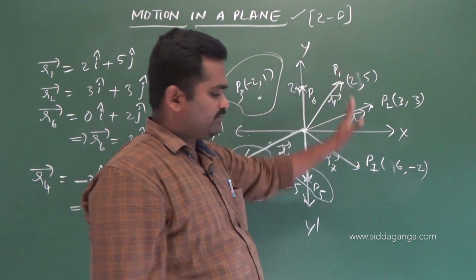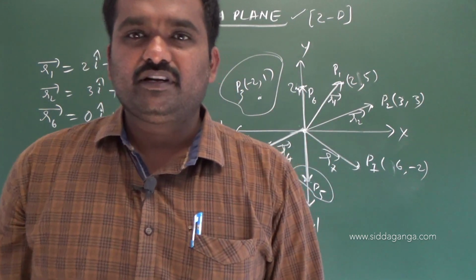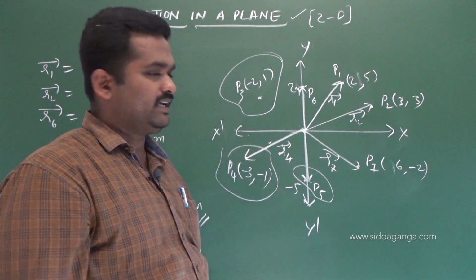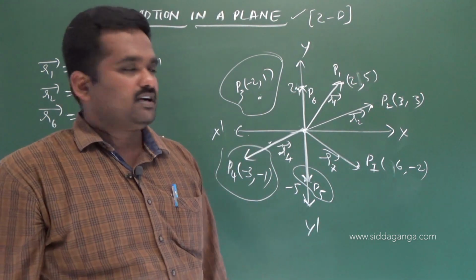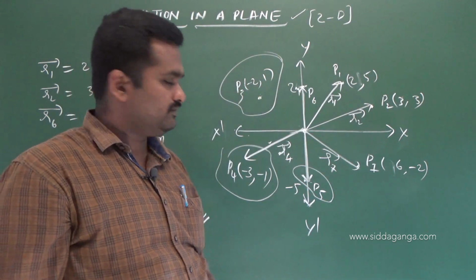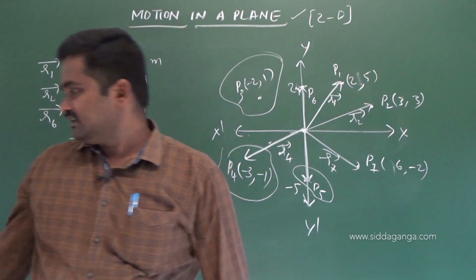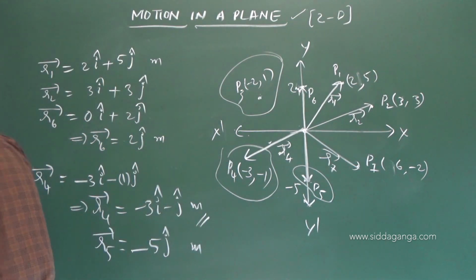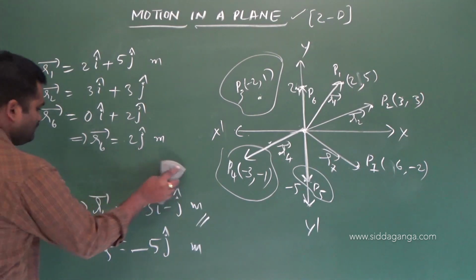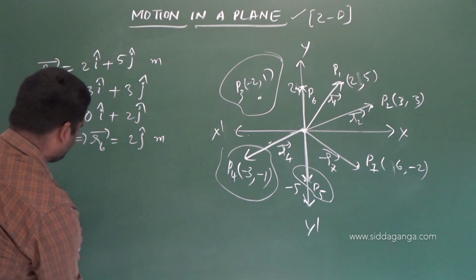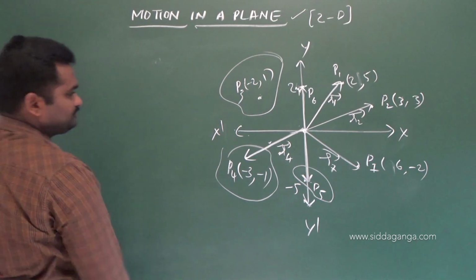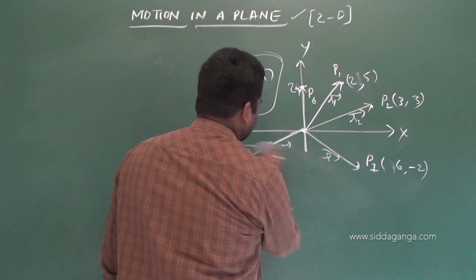This is how we need to represent the position vectors, how you need to write for any given point in a plane. Whenever a point is given in a plane, how to write the position vector of that particular particle, this is the way you have to represent it. So I hope everyone got what you mean by position vector and how to write the expression for this position vector equation. If you want to write the vector equation, you know how to write it, we have learnt. Next,